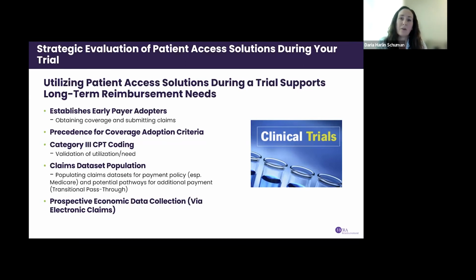And a key piece of those is very often Medicare going and looking in their own claims database to see how often the procedure was reported and what charges were reported. So if you have a technology with insufficient payment, it may be beneficial to, during your clinical trial, have your sites bill and sort of build that case, so that when you go to apply for additional payment post-commercialization, you have all that documentation and evidence to